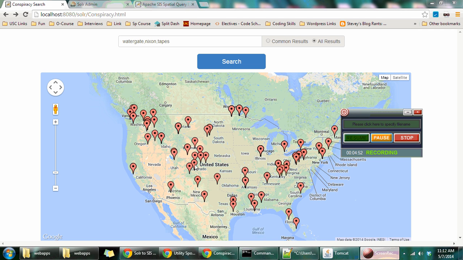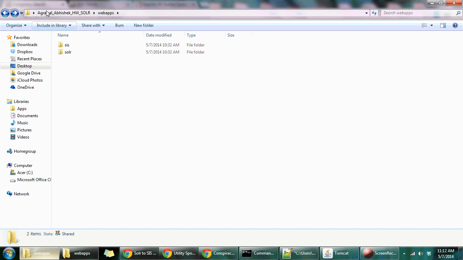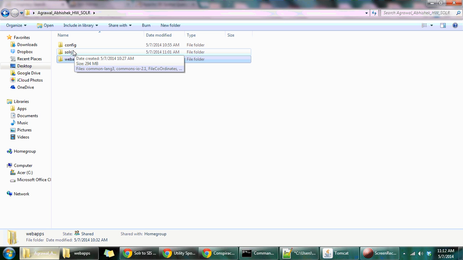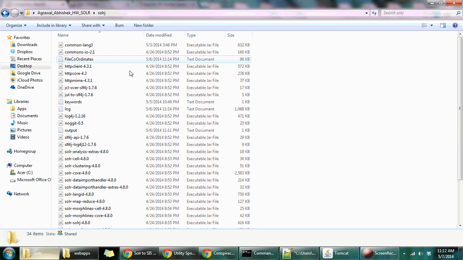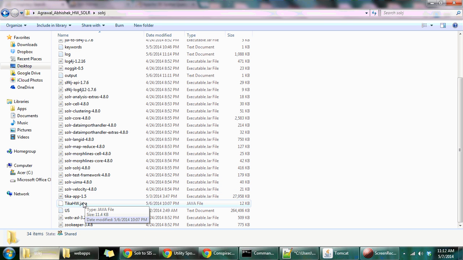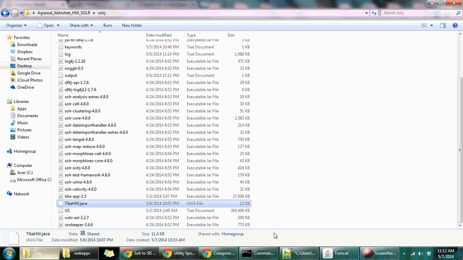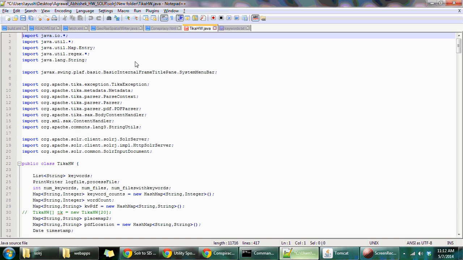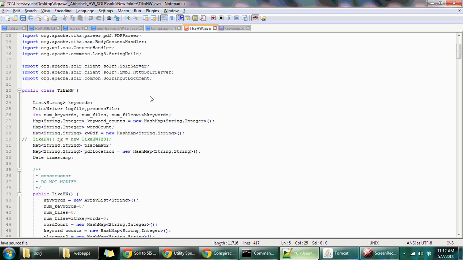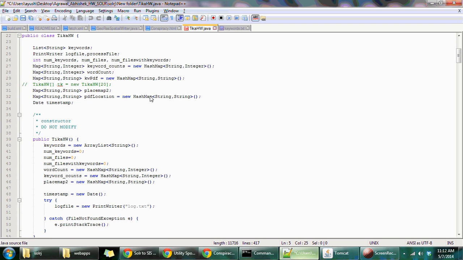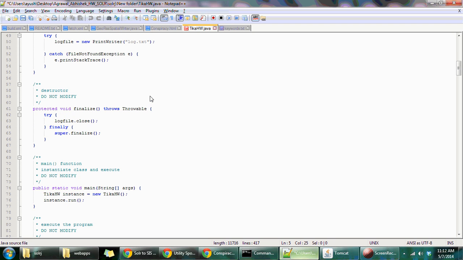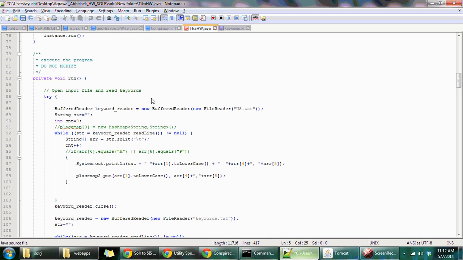Now going back to the Java code, we move to the Java code which is placed in the SolrJ folder, and this is our Java code which is called tika-homework.java. The code is an extension of our assignment 1, where we parse the content of the PDF files, with the only difference that we are going through each and every term that is associated, and we are creating a term